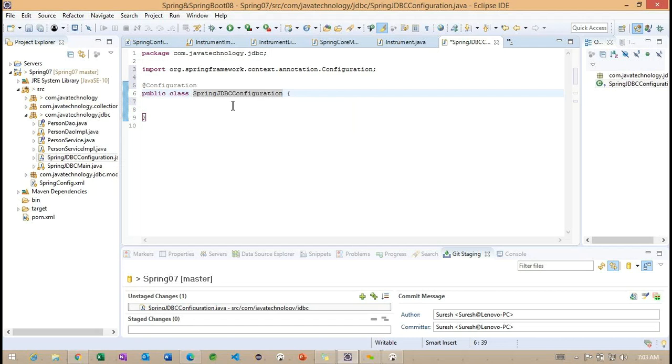So to share the information to the container, we will make this class a configuration. Here we are not going to write the XML configuration. That's the reason I'm making this particular configuration class here.